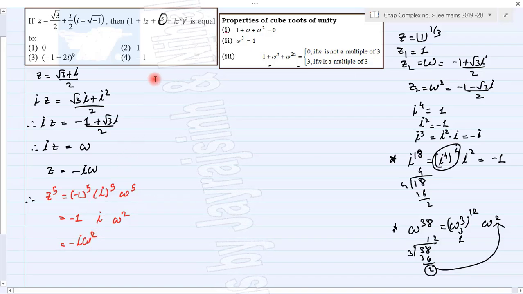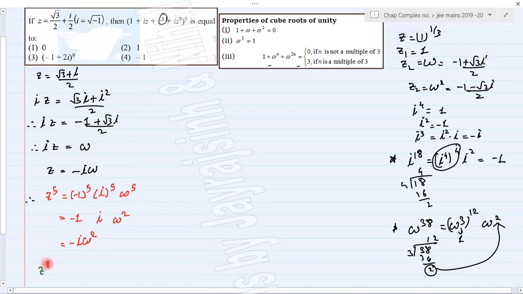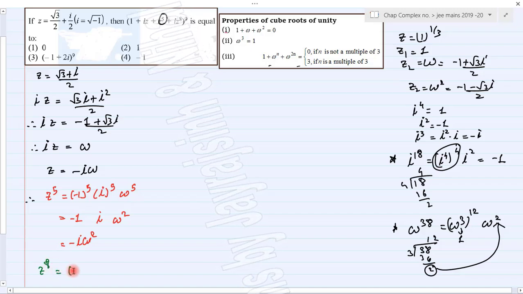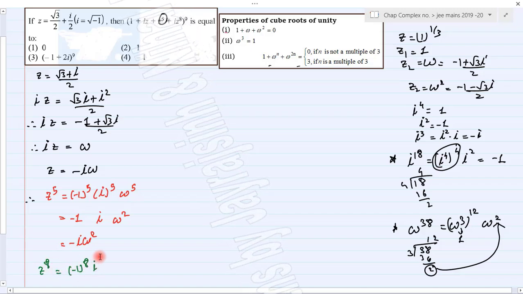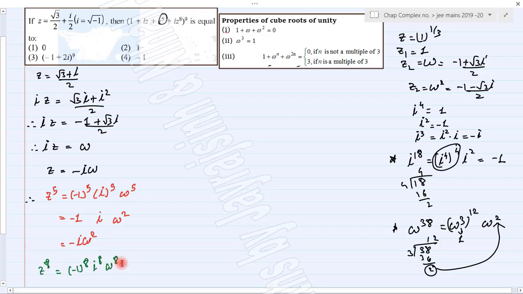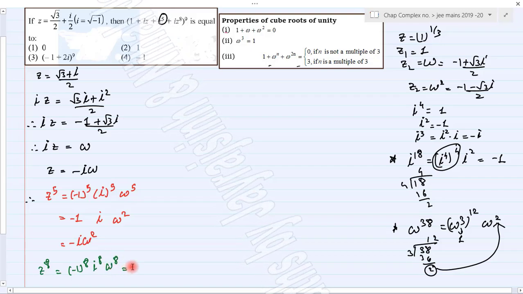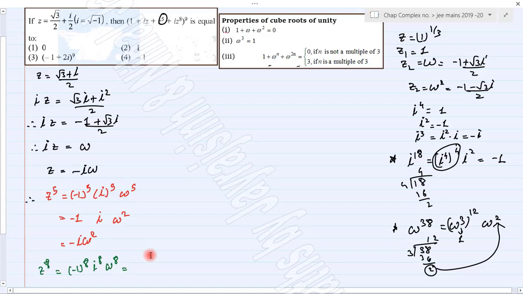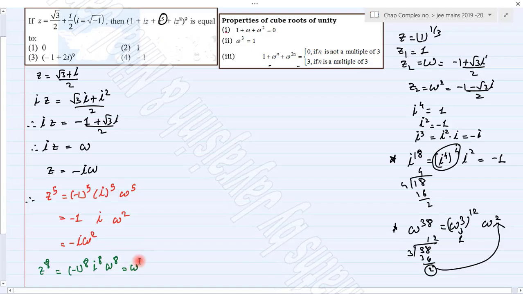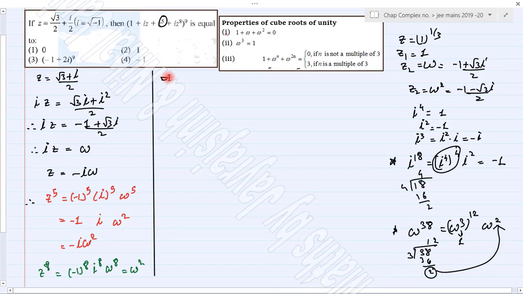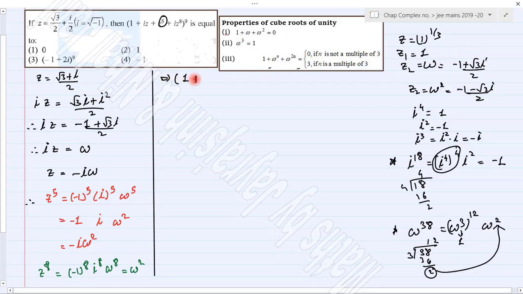Similarly, let's try to find out z raised to 8: minus 1 raised to 8, i raised to 8, and omega raised to 8. Minus 1 raised to 8 will be 1, i raised to 8 is also 1, and omega raised to 8 will be omega square. So we are ready to find out 1 plus iz